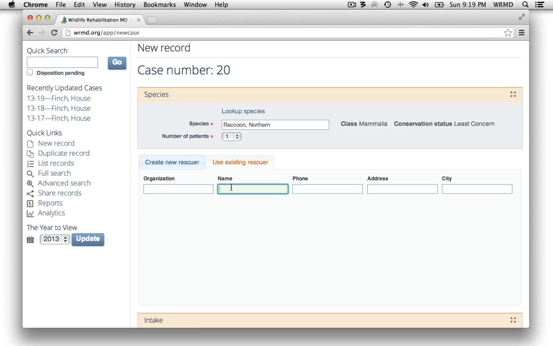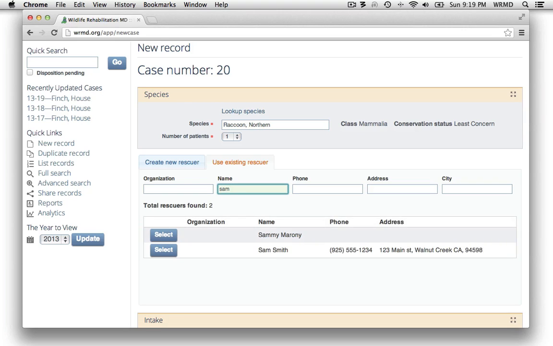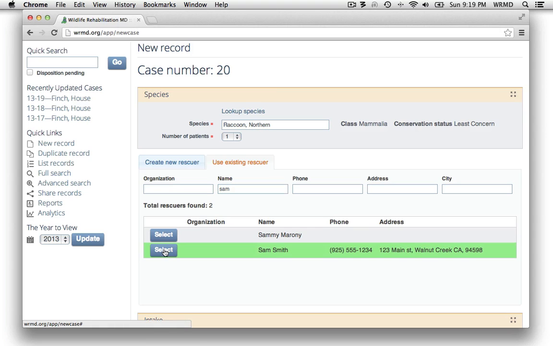So I know that this person's name was Sam Smith, so I can start typing in Sam, and the database quickly searches all of the rescuers associated with my account and generates a list of potential matches. So straight away I can see that this particular Sam Smith is the one that we had previously entered. So I could click on Select,